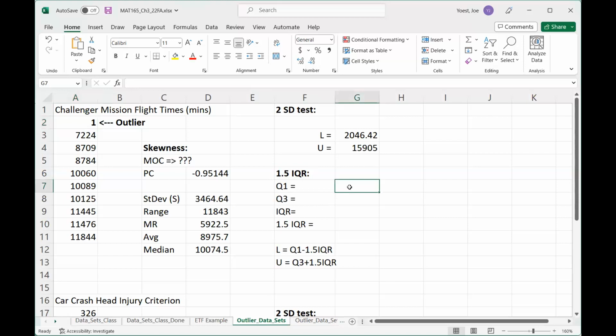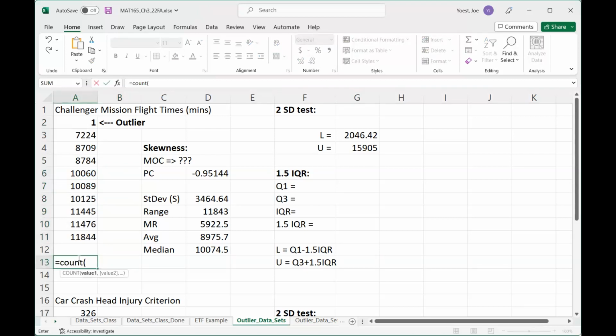For my 1.5 IQR method, I have to compute the quartiles first. I don't want to use Excel's built-in function. I know that that kind of computes percentiles a little different than we did it in class. But I note that there are 10 data points here. So these 5 and 5 more. I could use count if I had a bigger data set. Equals count of Challenger is going to tell me how many data points there are. If I had 100 data points or something, I might want to do this, but here I could pretty easily